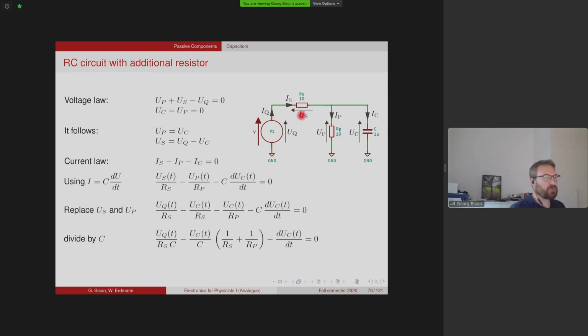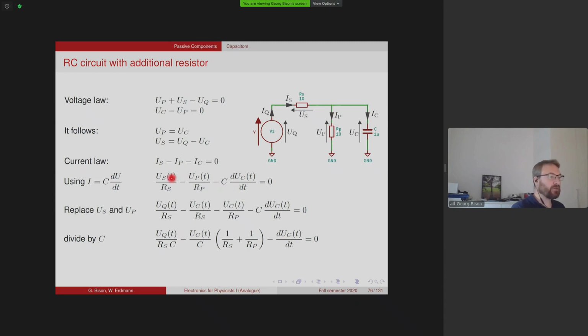In order to calculate what's going on, again, we have to derive a differential equation. And in order to do that, we use again the voltage law and the current law to get the relevant equation. Voltage law is trivial in this case here. It simply says that the voltage across the resistor must be the same voltage as across the capacitor, and that the voltage drop across this resistor and this resistor must be equal to the voltage supplied by the source. So these are these two equations here. And then together with the current law in this point,